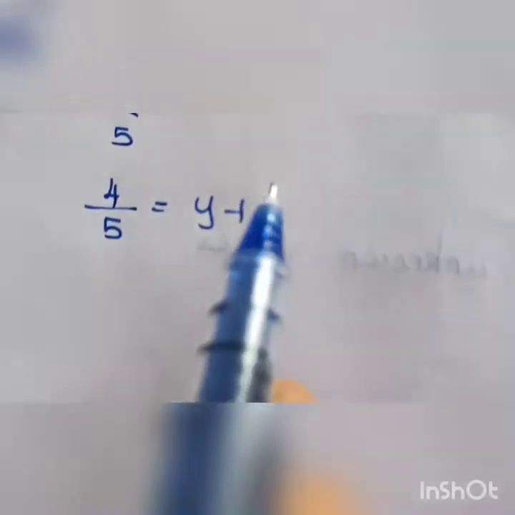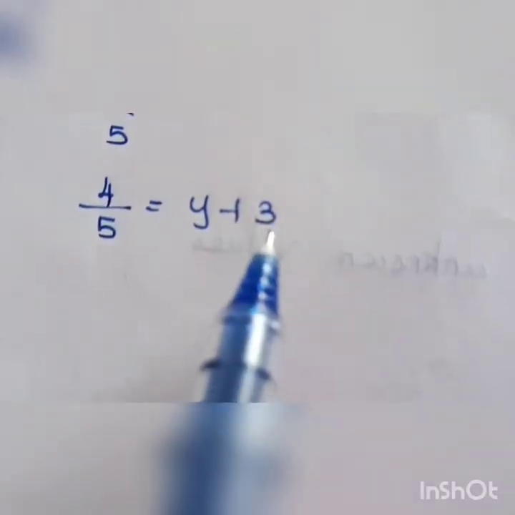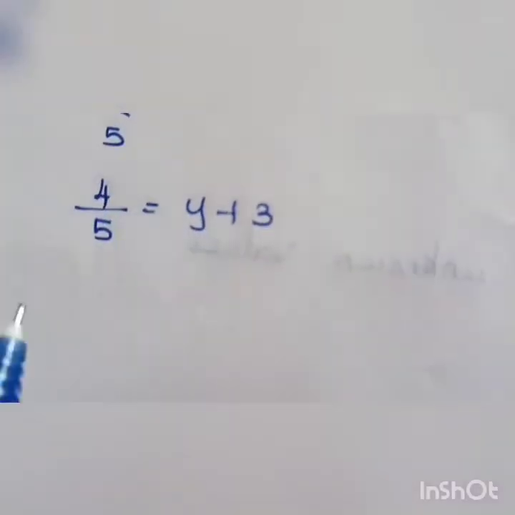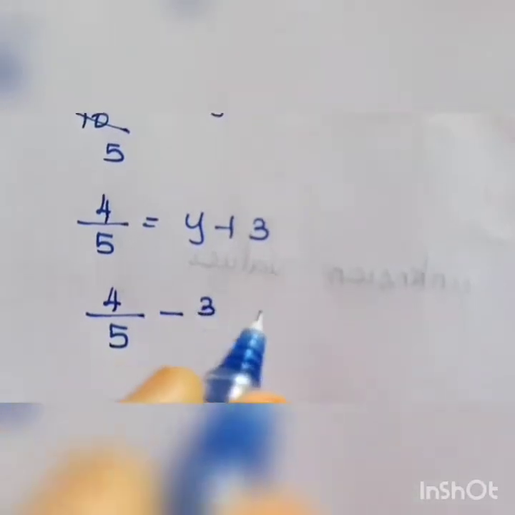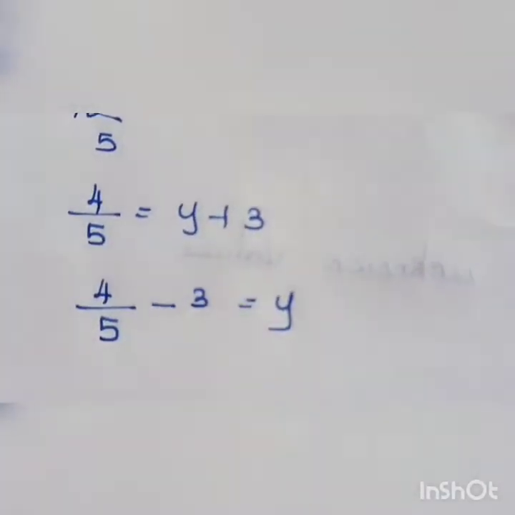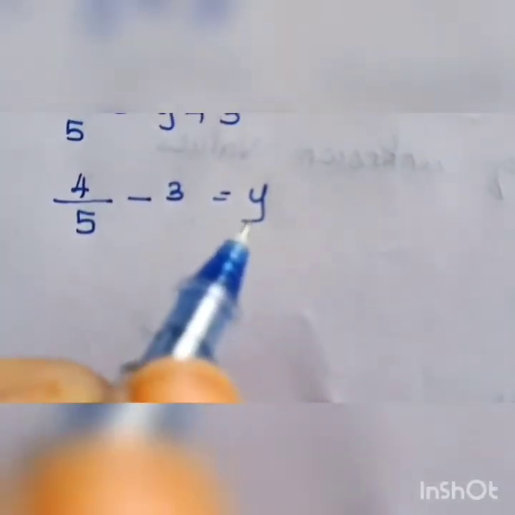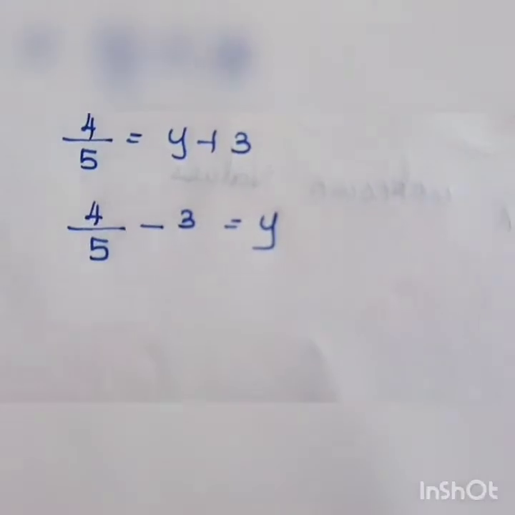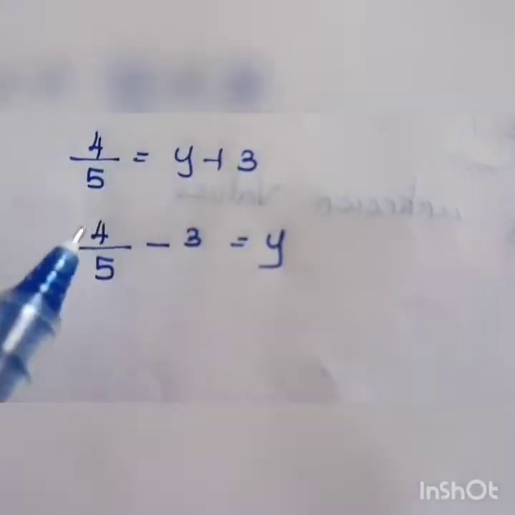We have to find the value of y, no. So the extra term involved on this RHS is plus 3. So we have to move this plus 3 to the other side. So it becomes, plus's opposite, minus 3. Why are we moving this plus 3 to the other side? Because we have to find the value of y. So only if we keep y alone on one side is it possible to find the value of y. Okay, so that is why we are moving this plus 3 to the other side.